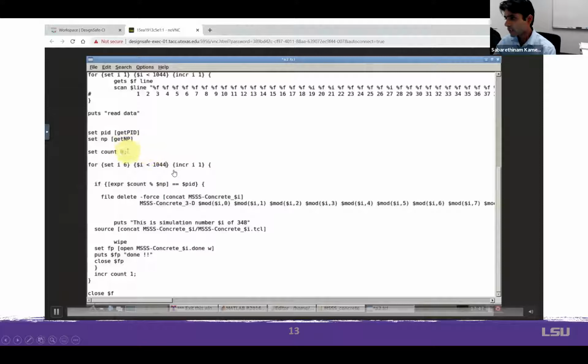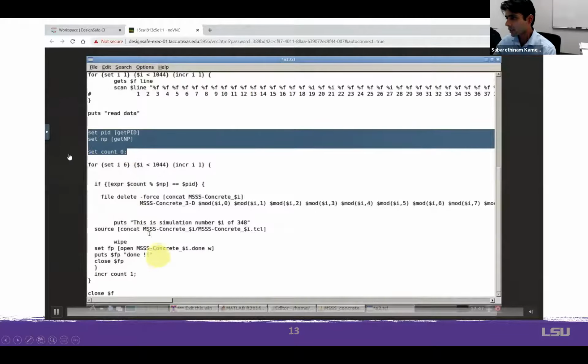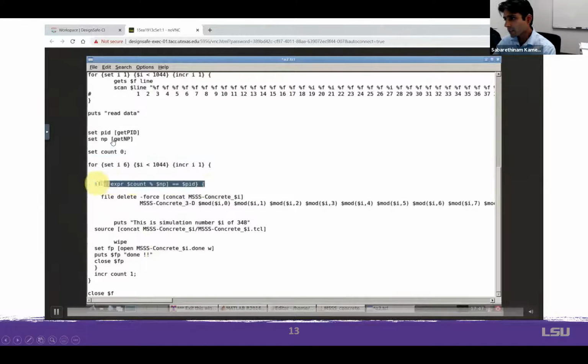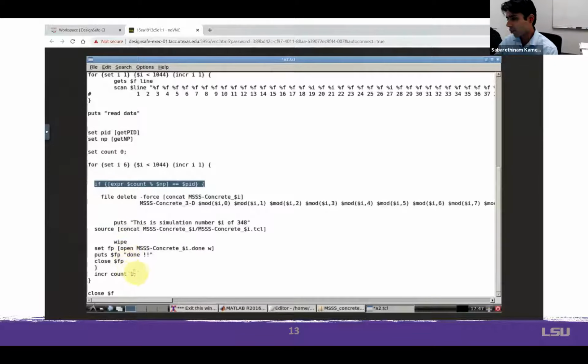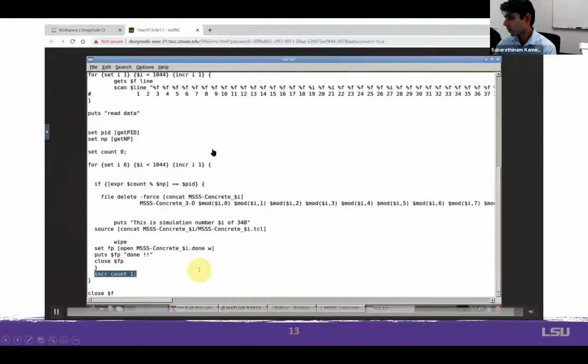And one of the key things here that I want to point out right now, which I'm highlighting here, is the set of lines that we need to put in for parallelization. One of the key advantages of DesignSafe is the sheer volume of computational power that we get. And we can use the parallelization capacity for OpenSees as well. And here we just add these 6 lines, and it just runs OpenSeesMP in parallel. Although my approach here is using a cloud-based approach for fragility modeling, we can still make our Tcl files such that they can also work for other types, for example, IDA or incremental dynamic analysis.